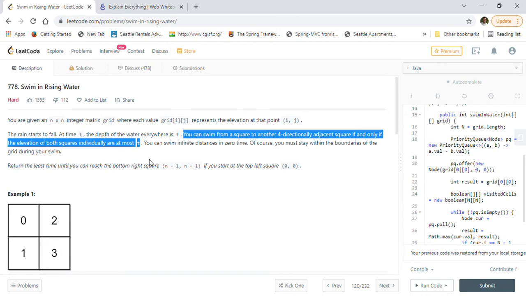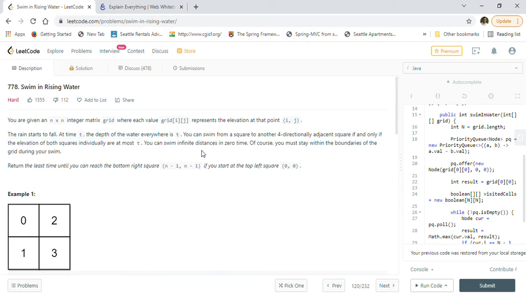For example, if you look at example 1 and want to go from 0 to 1, then you can only go when t is equal to 1, because at that time both will have the same elevation level. So that is why this statement is very important in this problem.